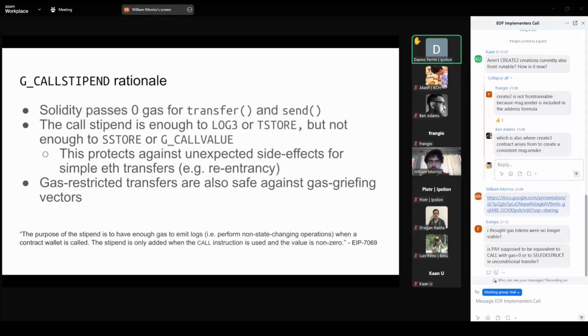So like state changes, excluding logs. And the way this was achieved with the stipend caused issues in repricings, because you always had to make sure that nothing breaks there. So my suggestion is, I think if we introduce a pay opcode, it shouldn't follow this old broken metric.